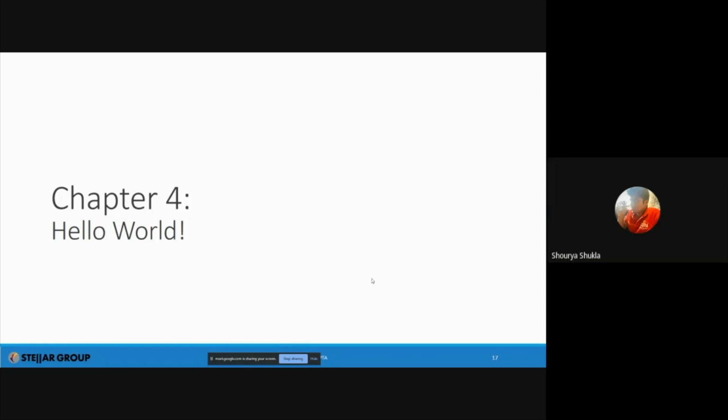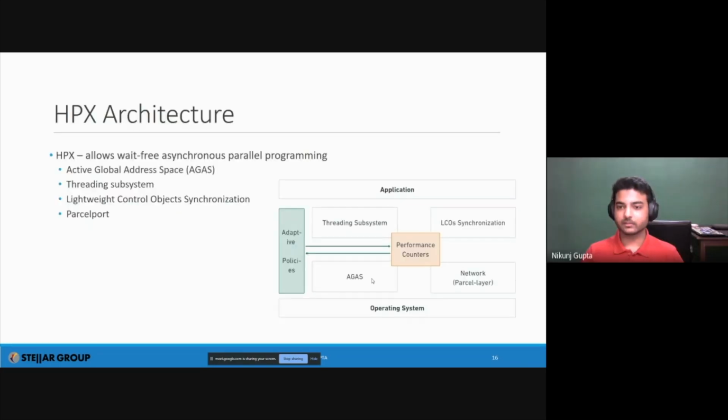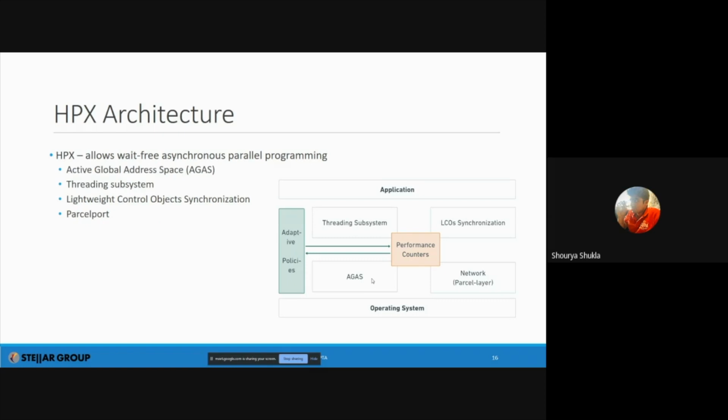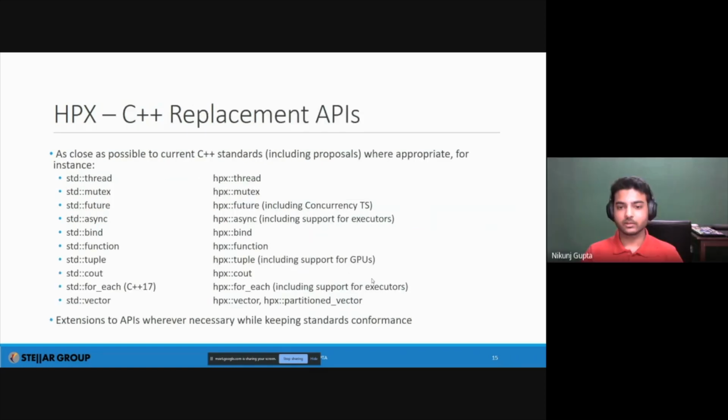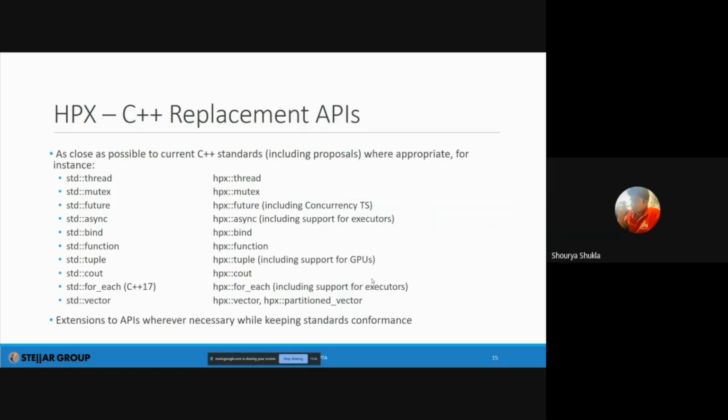Hello, I wanted to ask a question, Nikunj. Can you go to the previous slide just before this one? Sure. You say that these are the HPX replacements for standard C++, right? For instance, std::cout is replaced by hpx::cout.